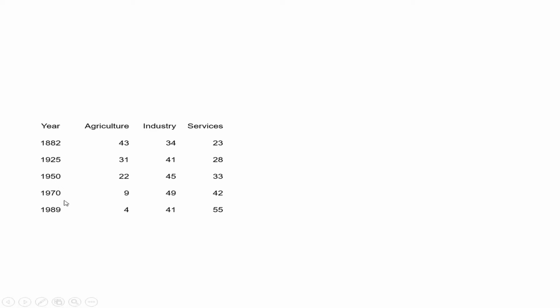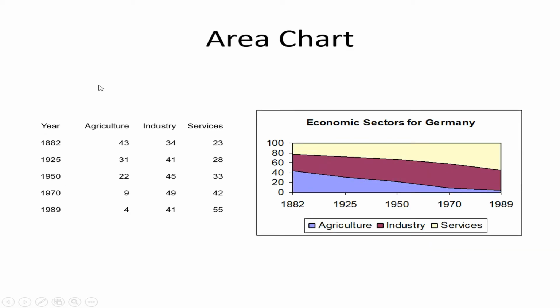Here is a series of dates. I have to check the dates as I said before. The intervals are not the same. Therefore, I used here an area chart to give you a pictorial image of the percentages. This country used to have agriculture as more than 40%, but because it's a post-industrial society, by the year 1998 the contribution of agriculture is small, and then the contribution of industry increased, and of course services comes number one in